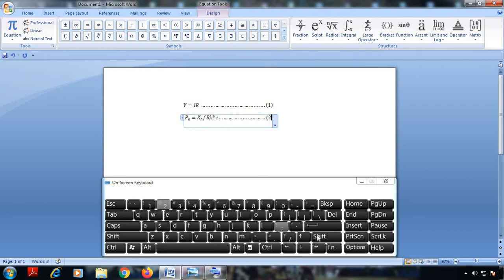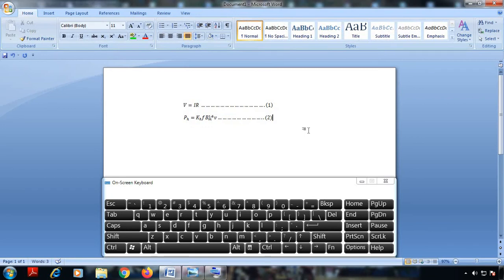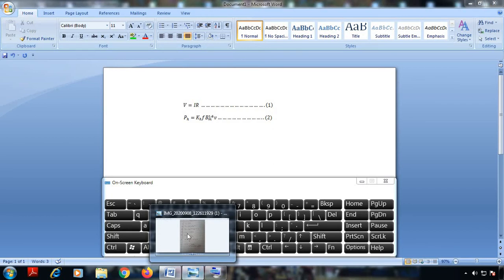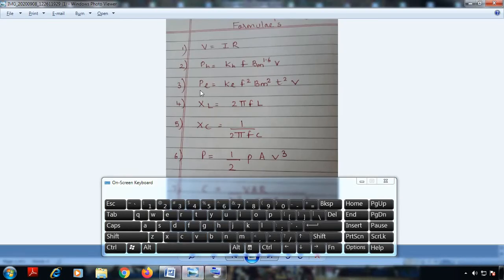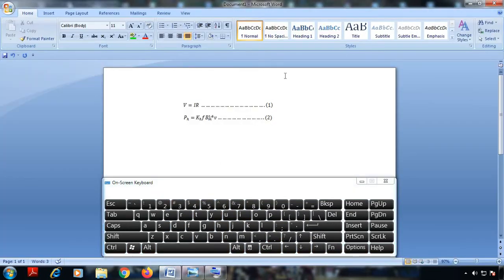This will make your report look good and presentable. Now let's say we want to type one more equation, which is here on my screen. Let's say this is for the eddy current loss, that is PE is equal to KE F square BM square T square V. How am I going to do that? Now again I'll go to my equation editor. How am I going to go to the equation editor? I will